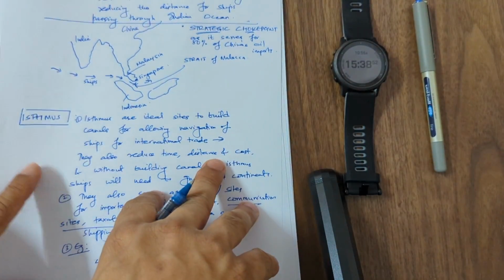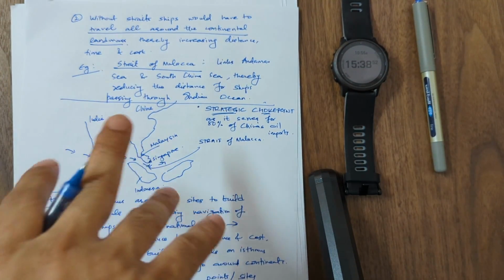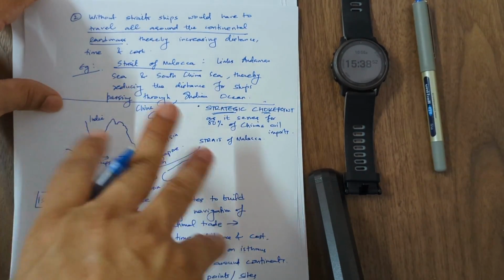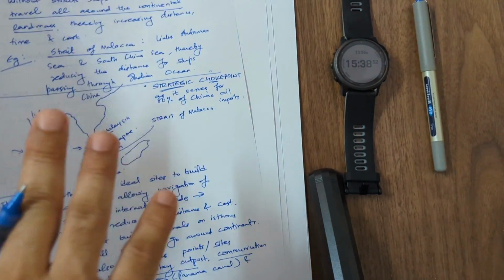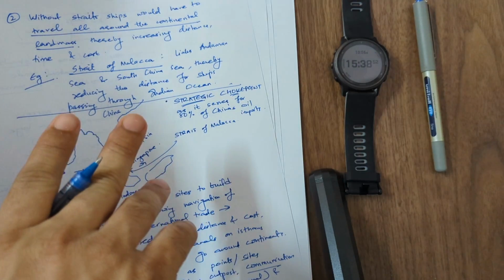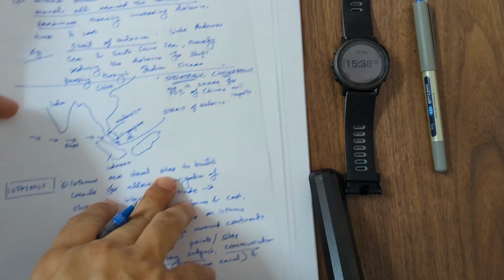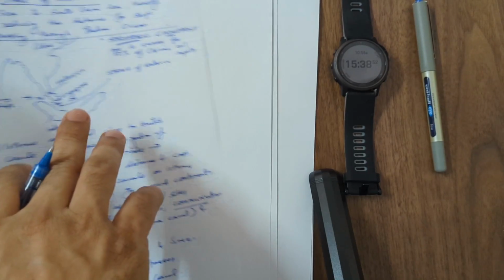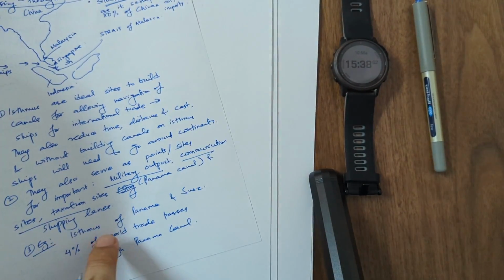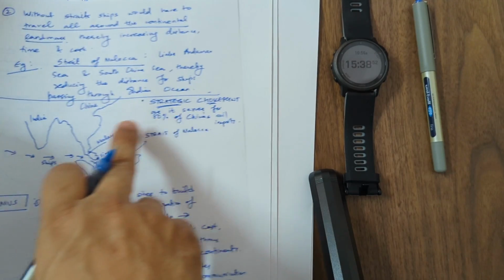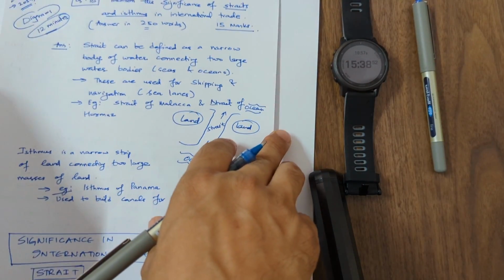So what you will notice is you might have all this content, but if you don't present it well, then you will get less marks. But someone who presents this well, like this, well laid out, easily readable, simple to understand, well organized, then you will get extra marks. Isthmus also, diagrams also, examples also, numbers also, to show how much world trade is happening, how much Chinese trade is happening through this. This will definitely get you good marks in the mains.